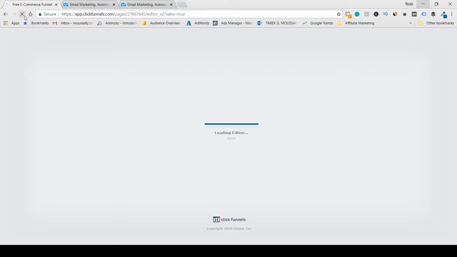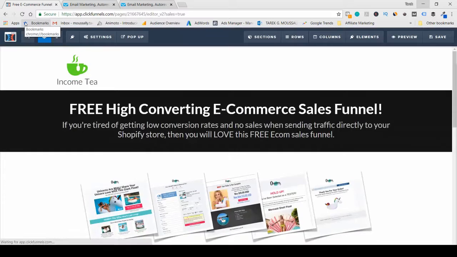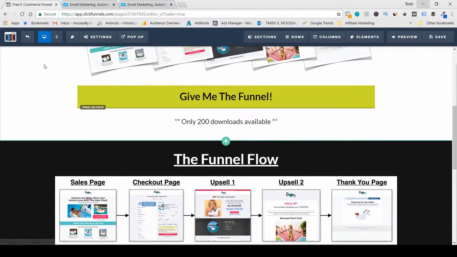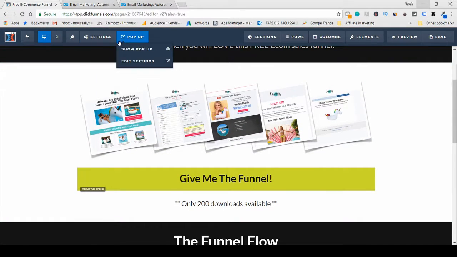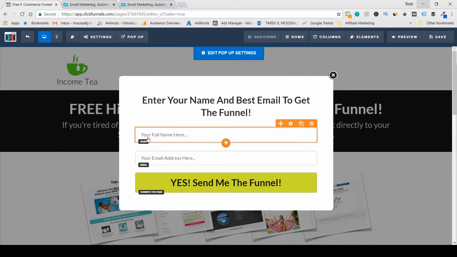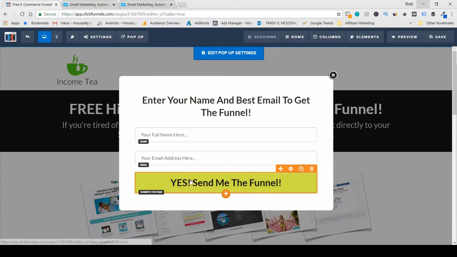It's like an e-commerce template funnel, and I'm gonna show you when somebody gets this pop-up and they enter their name and their email address, they're gonna click this button. Now what happens when they click this button, you're gonna get their email address, but you're gonna get it inside of ClickFunnels. You can use ClickFunnels' own email services, but I really don't recommend you do that because you're gonna be limited by their options, and you're going to be using ClickFunnels just to create your own funnels